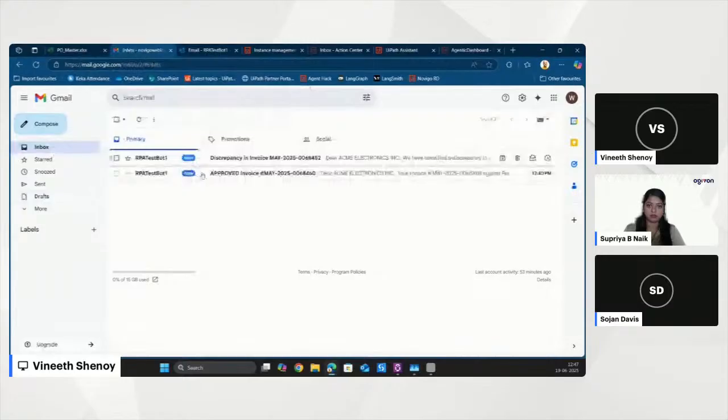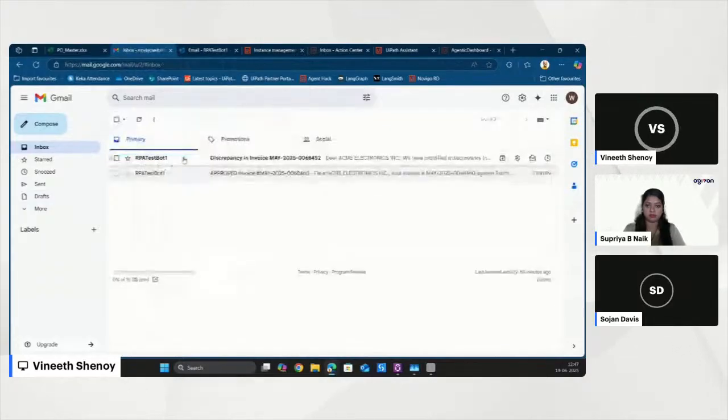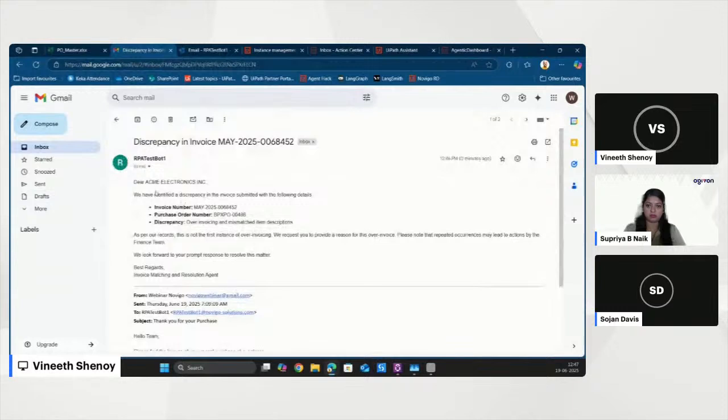And let's see, by now the agent has already sent the mail. Okay, so this is of the first instance, the one that we had done earlier. So this is a bot email. So there's no agent here. It's a fixed structured email. Now let's see the second instance, the agent's email.